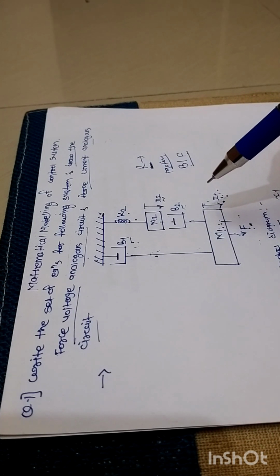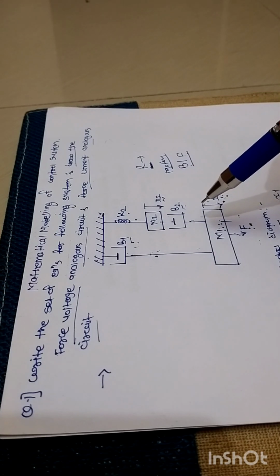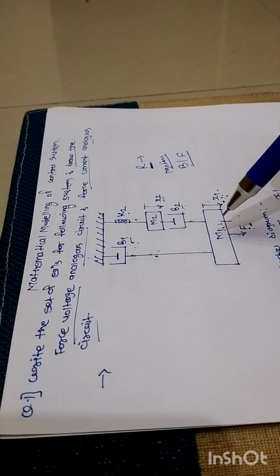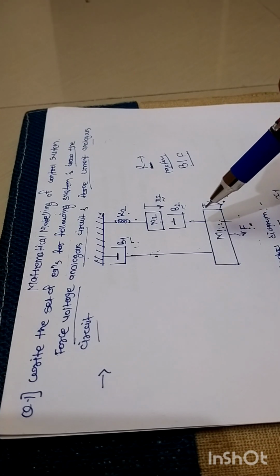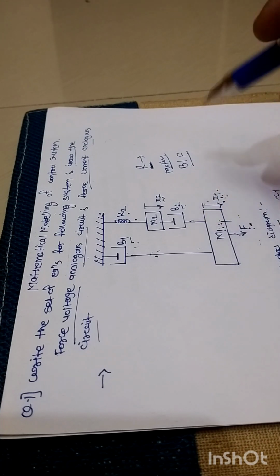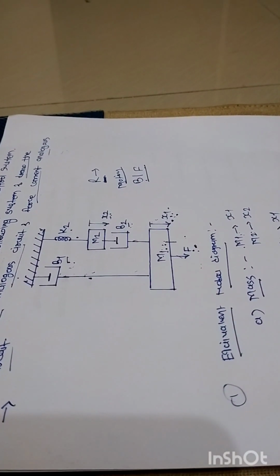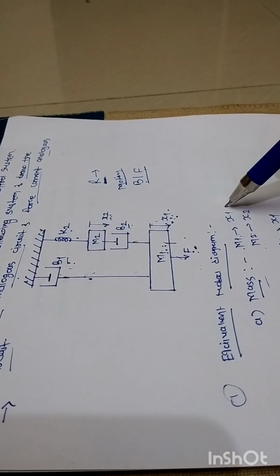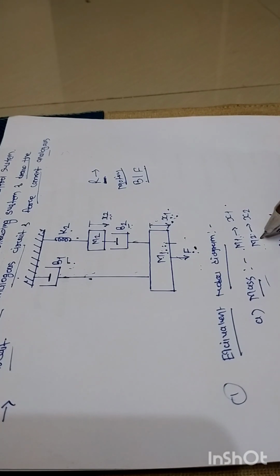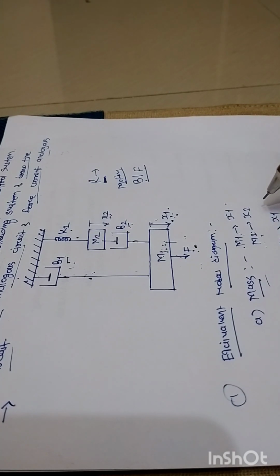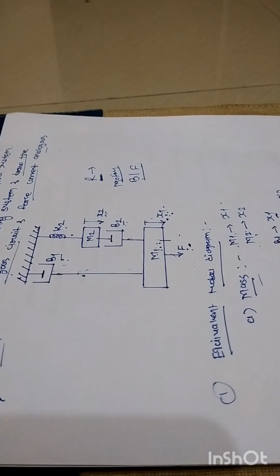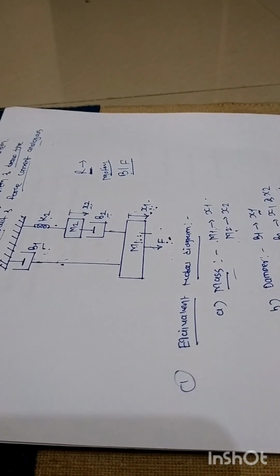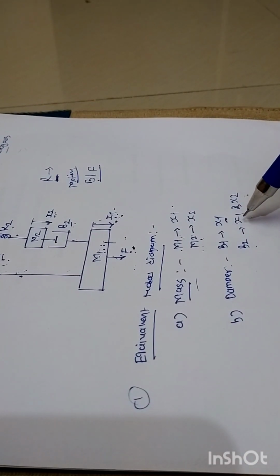To write the set of system equations from this given mechanical system, in the first step we need to enlist how many physical elements are connected in this system. First, we need to enlist the number of masses. As I told you earlier, we have two masses: mass number 1 associated with displacement x1 and mass number 2 associated with displacement x2. Immediately after that we need to enlist the number of dampers. We have two dampers,